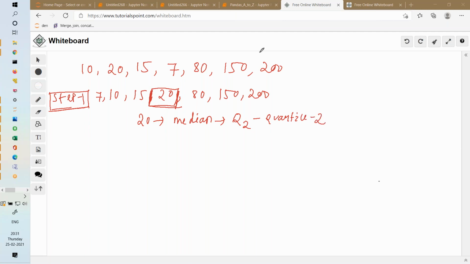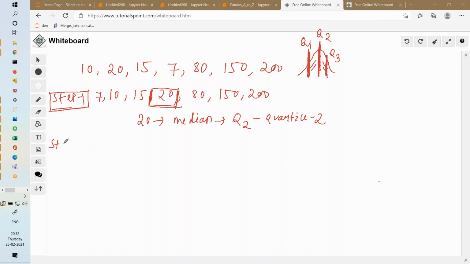This is how my distribution looks. This middle point divides my data into 50 and 50. This is my Q2. Q1 is the point which again divides the first 50 part into 25-25. Q3 is the point which divides the next 50 part into 25-25. For any given data, you find the middle point, the median, which is the second quartile or Q2, dividing your data into 50-50.